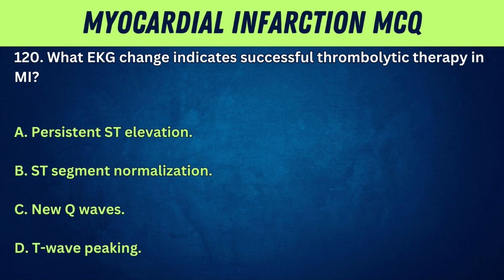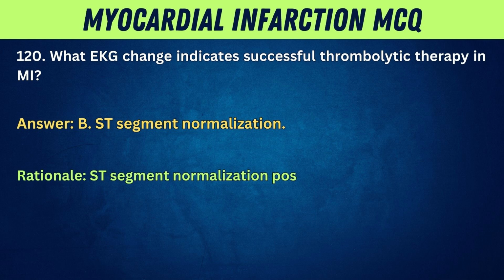A. Persistent ST elevation. B. ST segment normalization. C. New Q waves. D. T wave peaking. Answer: B. ST segment normalization. Rationale: ST segment normalization